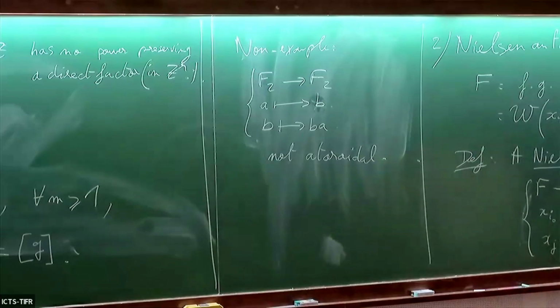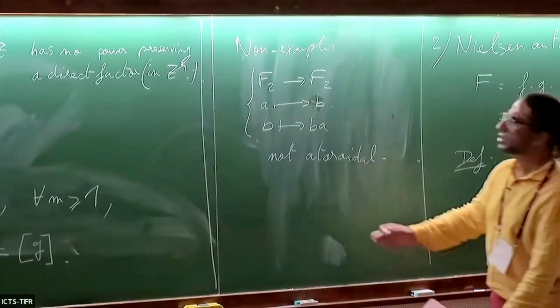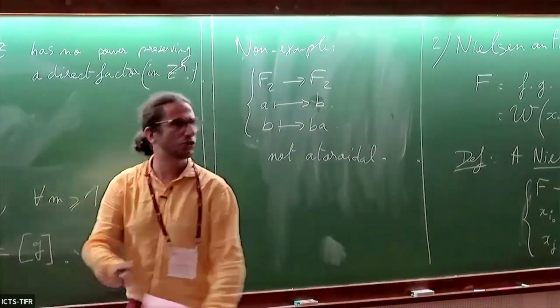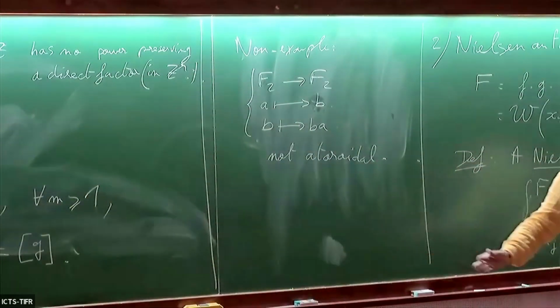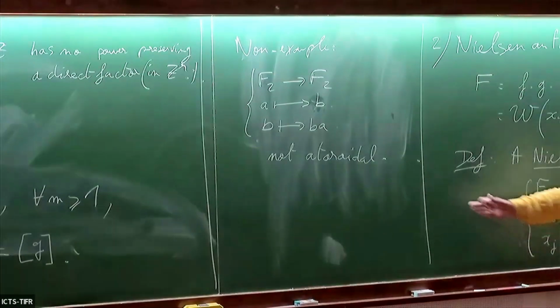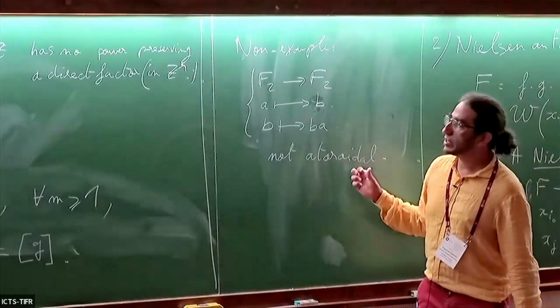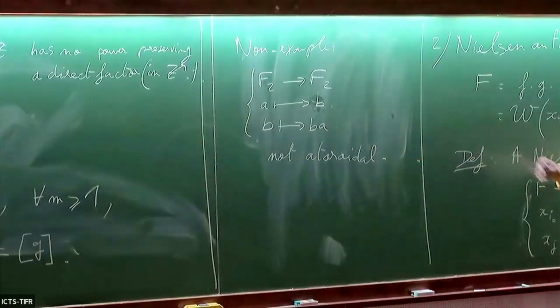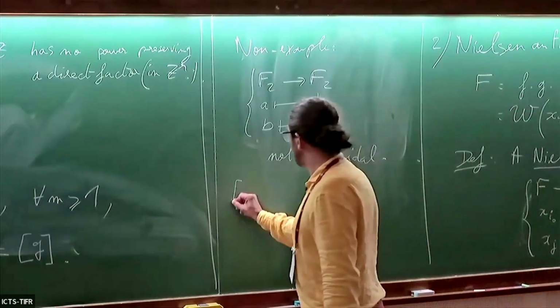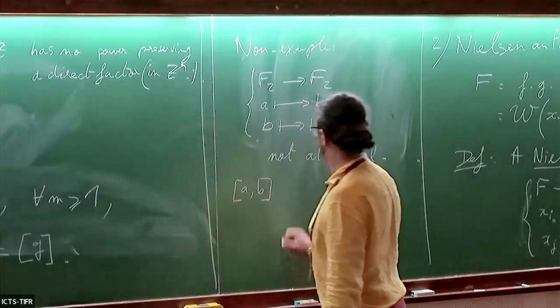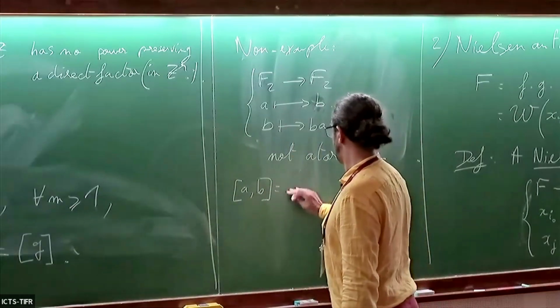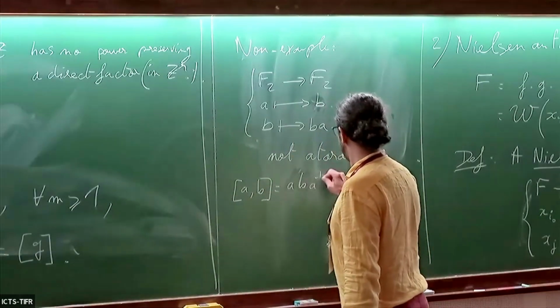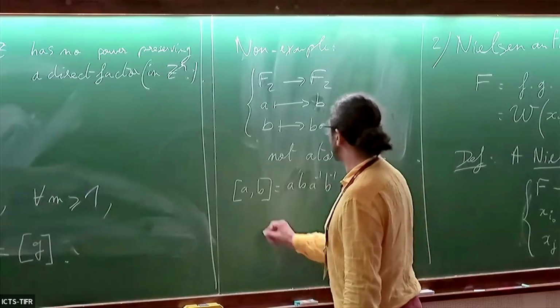No automorphism of F2 is atoroidal. But why is that? We said that actually everything was going fine, stabilization, no line preserved. Yeah, because the culprit, the element that will be preserved, vanishes in the abelianization. So when I look at the commutator AB, so A inverse, A, B, A inverse, B inverse, and I look at its image,